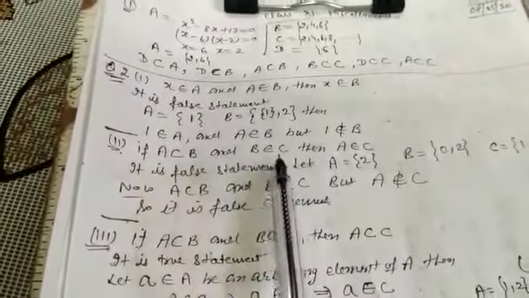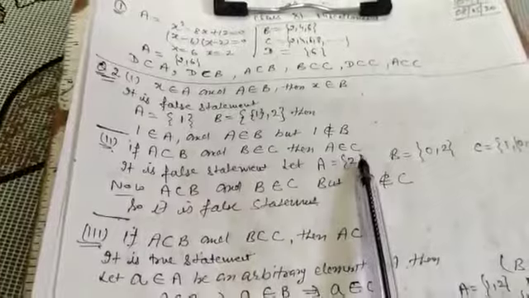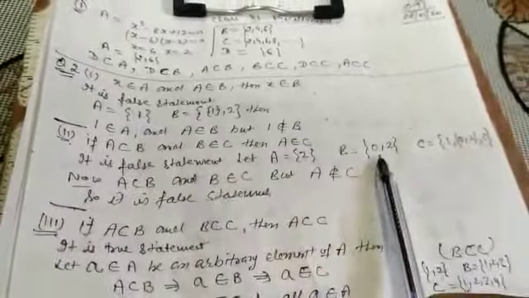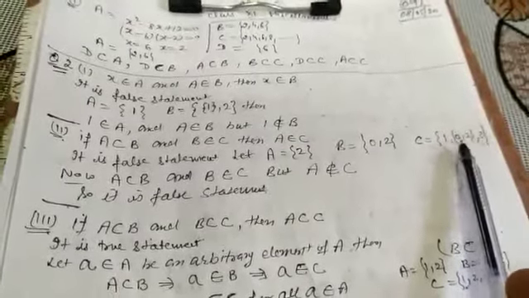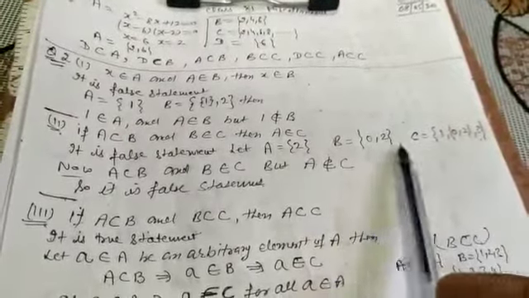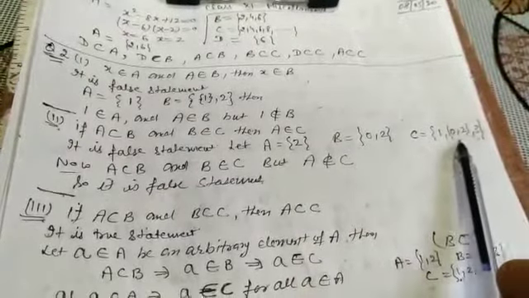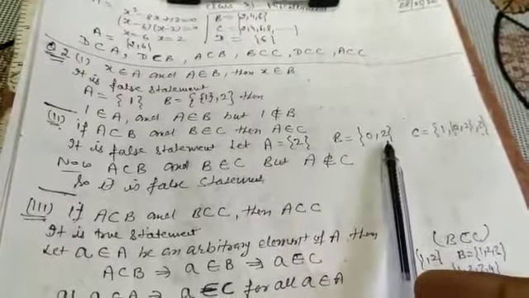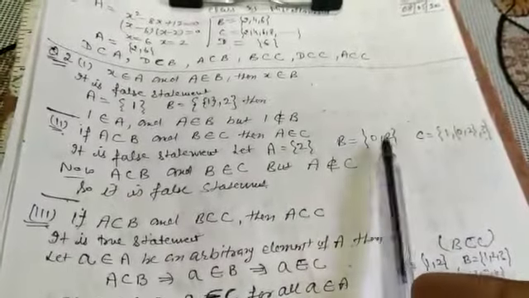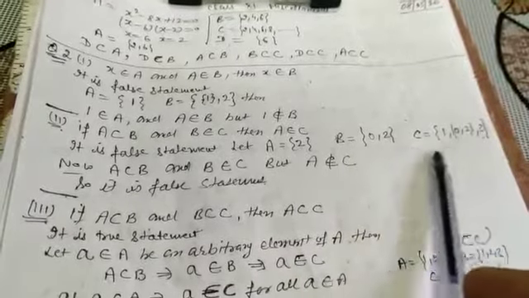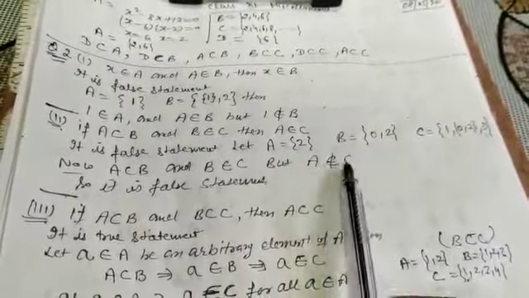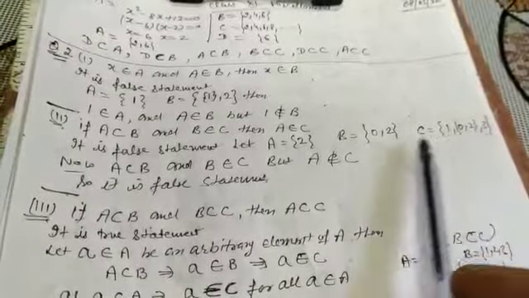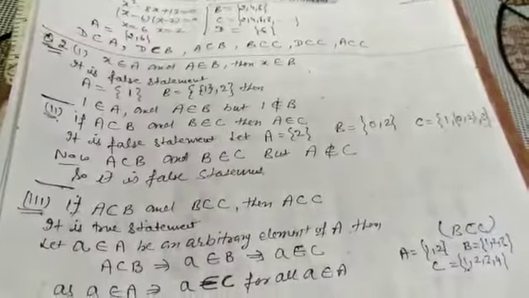Similarly, we can go for the other proof also. If A is a subset of B, B belongs to C, then A belongs to C. It is again a false statement. Let us take A having element 2, B having elements 0 and 2, C having elements 1, {0, 2}. See, all the elements of A lie in B. In this case, A is a subset of B. It is true, yes, because 2 is there. B belongs to C because B lies in C as an element. B belongs to C, but A does not belong to C. 2 is there, but 2 is not a single element; it is in the pair. So A does not belong to C. So it is a false statement.